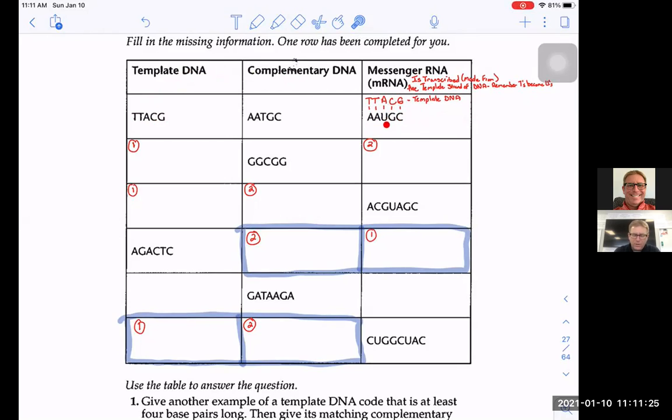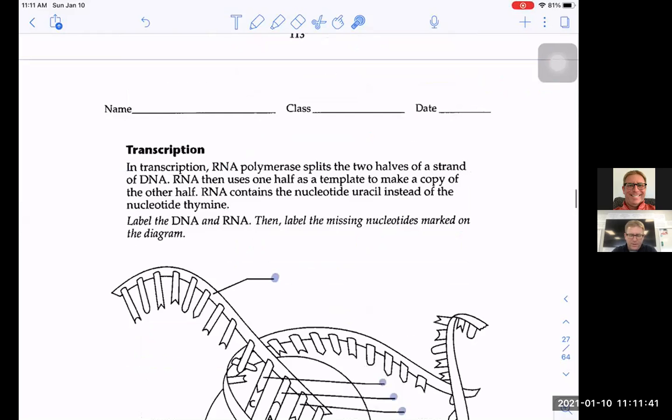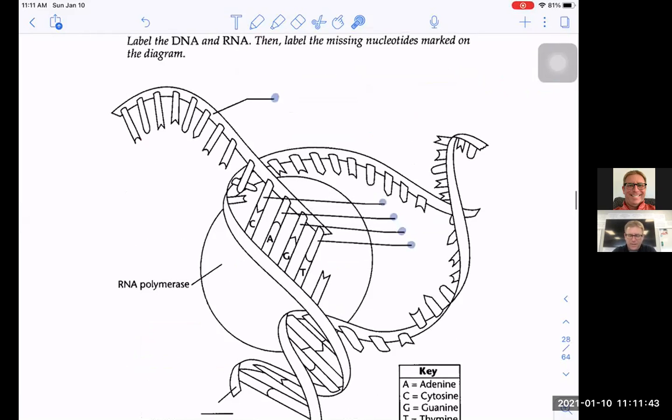Again, I've tried to give you a little help as far as what things to do first. So you might want to practice these two so you can get the hang of it. You're going to do this line first and then go to there. And because you've already got this one, you have to work backwards to do this one first and then do that one second. And then the third page here is just you doing the highlighted dots.